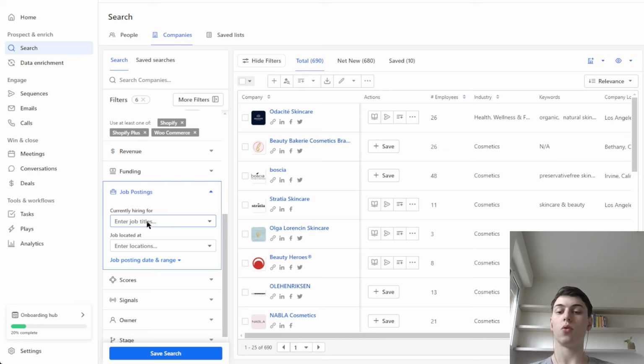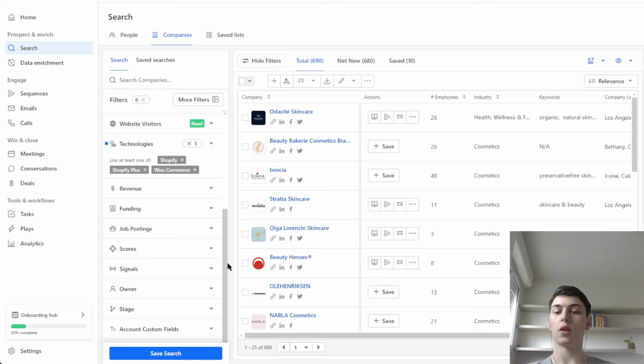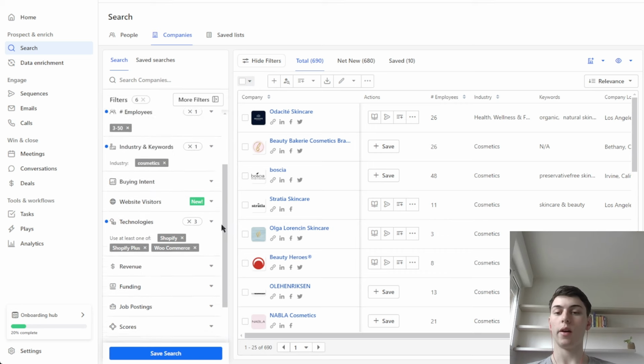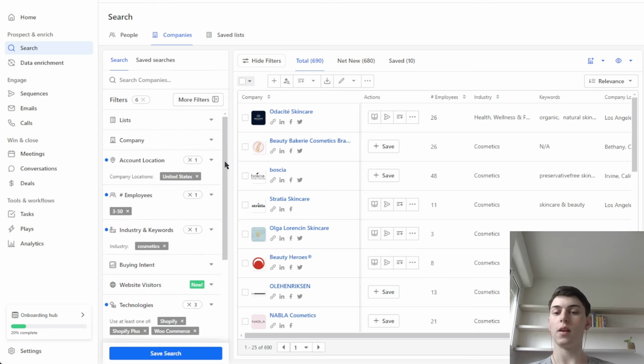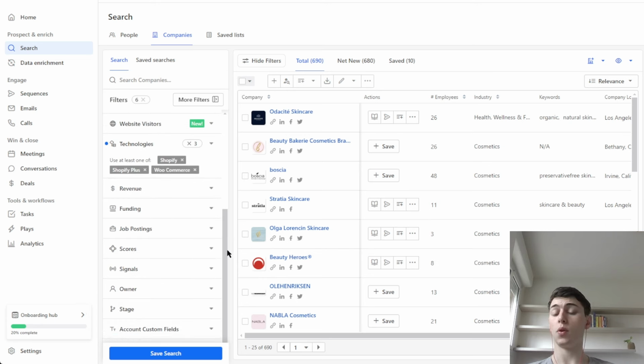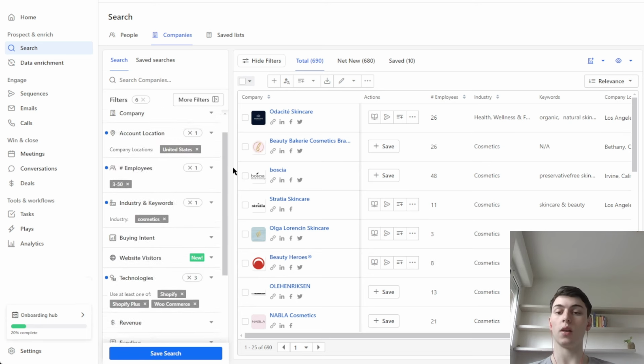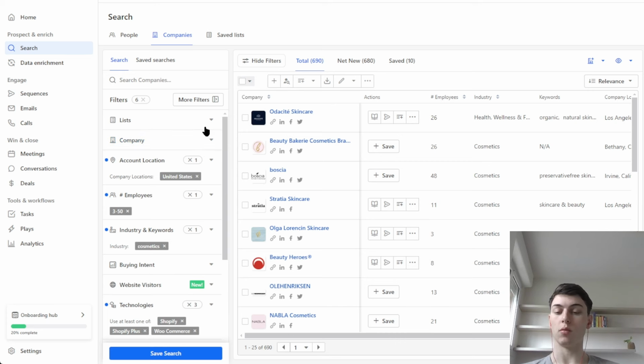You might filter for companies that are hiring for an SEO specialist or an SEO person in-house. Those companies are probably looking to do some SEO on their website, so that is a pretty good indicator that those are probably more accurate companies to reach out to. The next thing you want to do is go to the people tab,